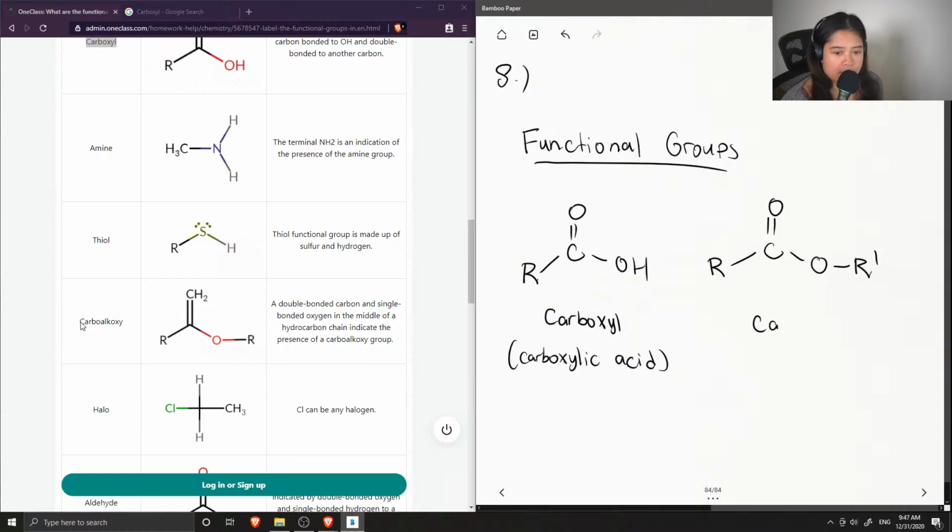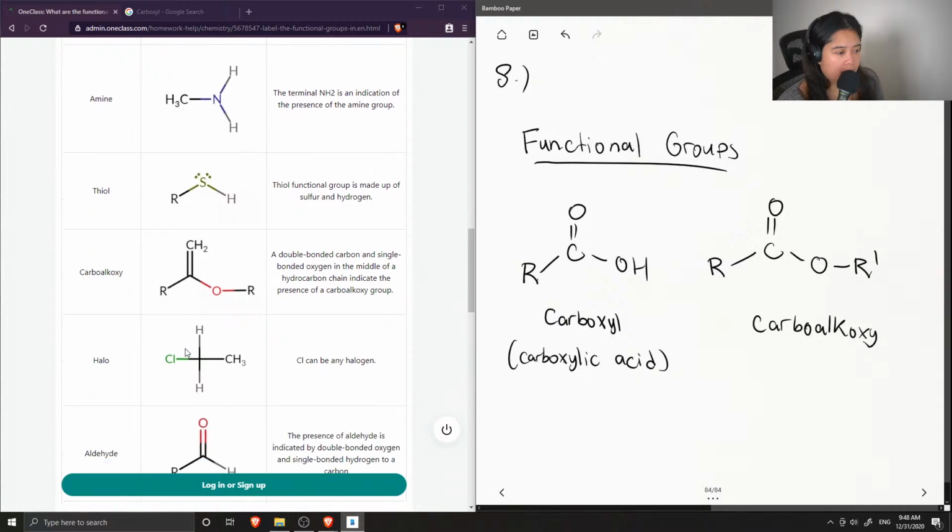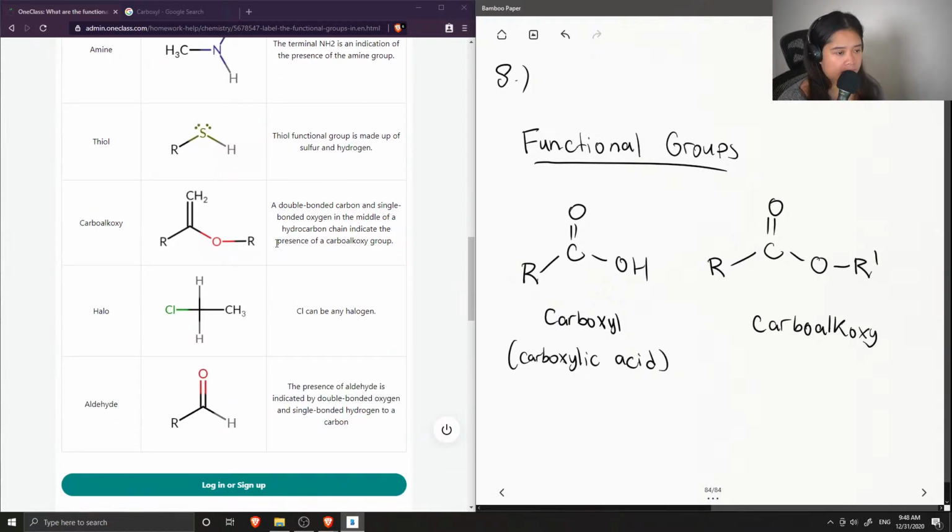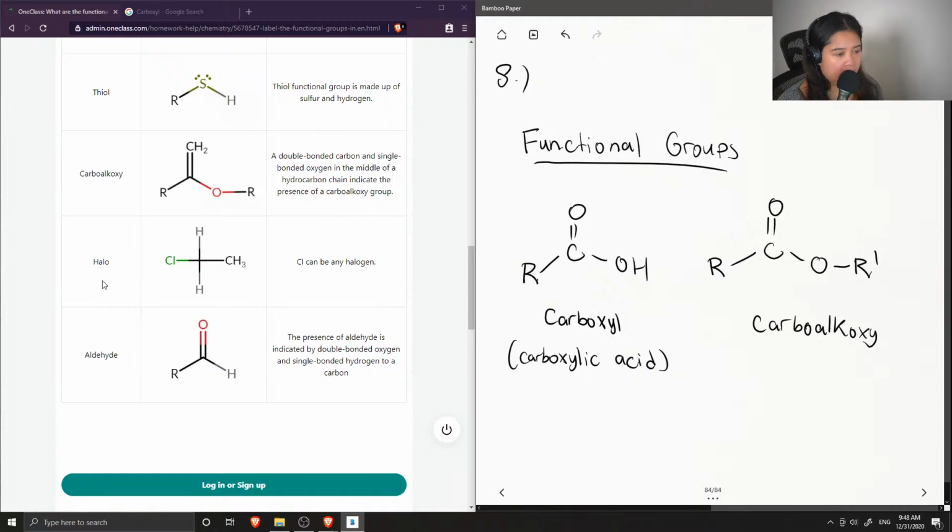So this is carboalkoxy. So I'll just take note. Maybe it was just a typo. For the halo